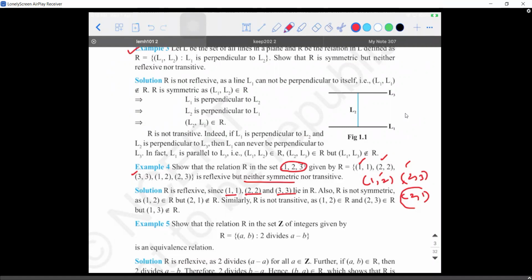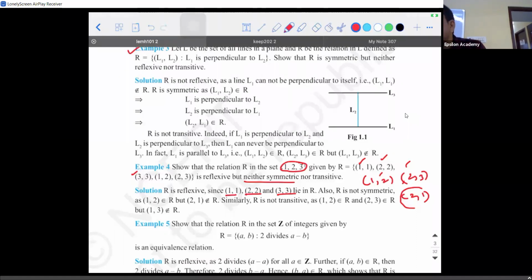n only. Whatever is the number of elements in the input set, the same number of ordered pairs with the same input and same output should be present. Even if one ordered pair is missing, it is not reflexive. Extras can be there, but the missing part should not be there. That extra part is there only to prove whether it is symmetric or can satisfy the other conditions. But even if one is less, it is not going to satisfy the condition of reflexivity.